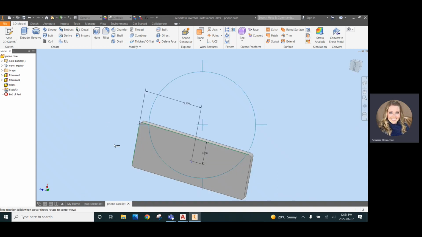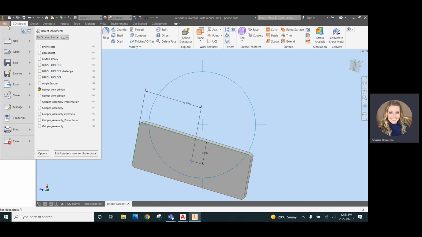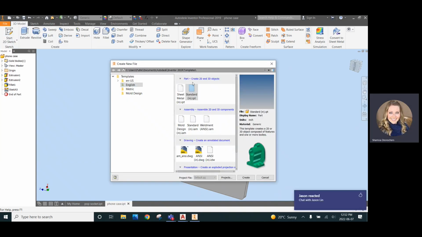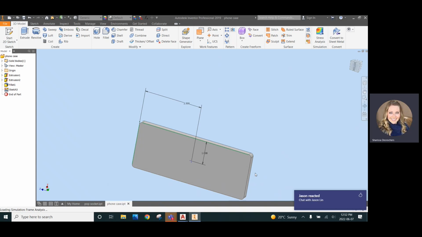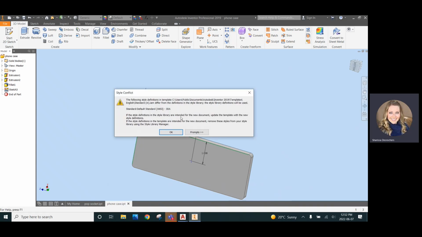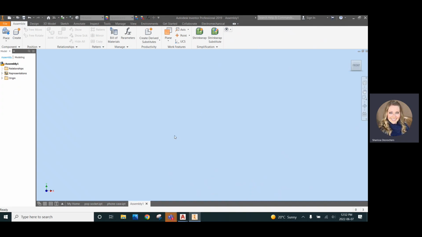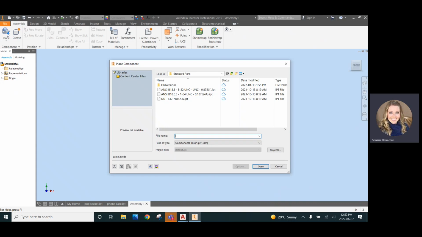So I have my two files open and they're saved. I'm now going to go into File, New, and I'm working in inches. Under the part here, there's assembly. So I'm going to pick a standard inch IAM, create. It's going to take a second to load. And then I'm just going to bring the phone case and the pop socket in. So now that it's loaded, I can go to place and it'll find